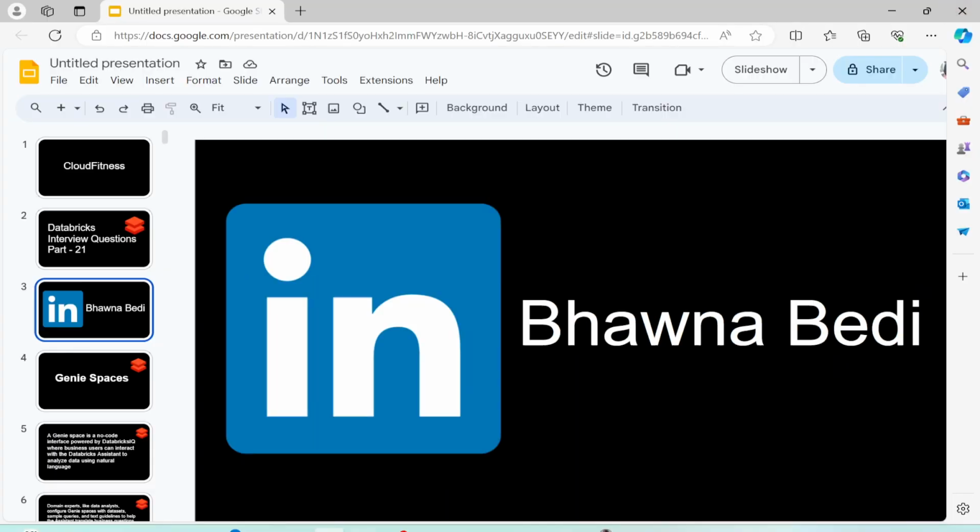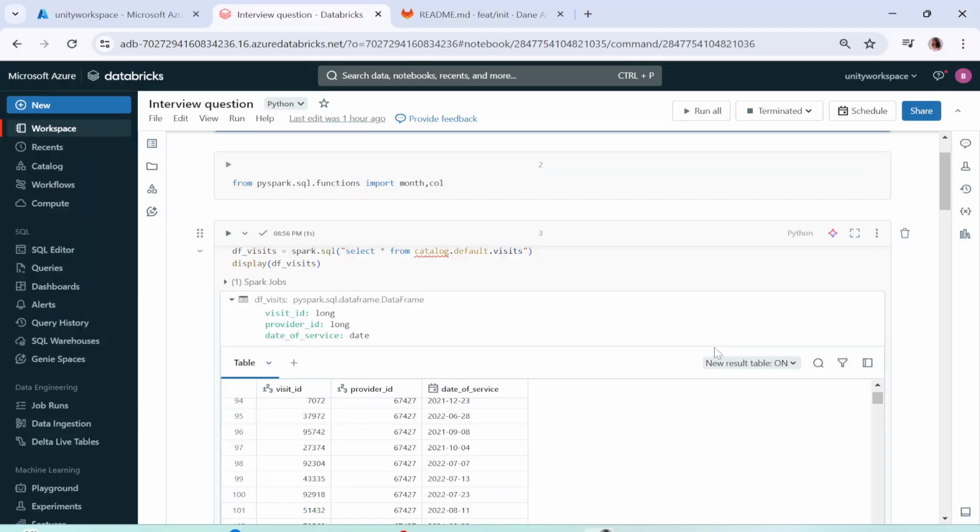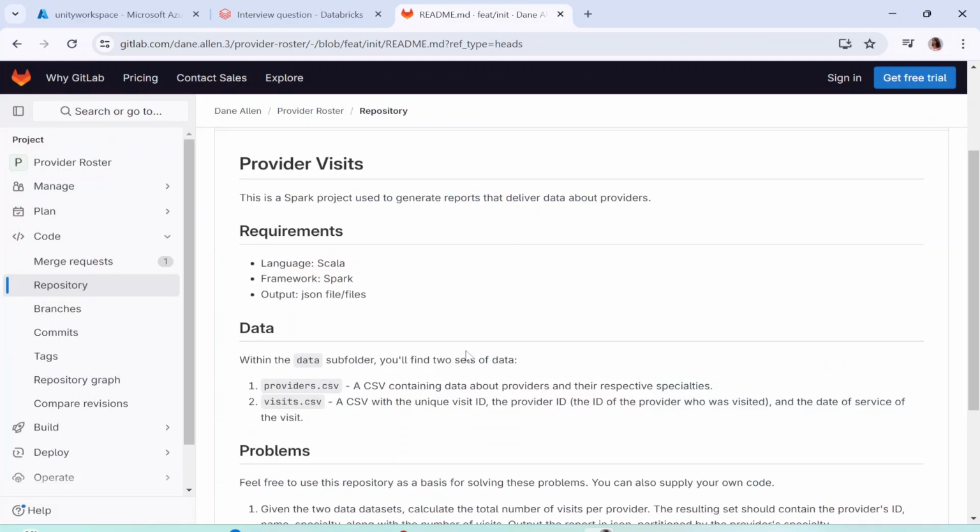So let's move ahead, and the question that we have for today. This is more of a coding question, which I feel is a very simple question, and this is something that we should be able to complete within 15 minutes. The question was provided to one of the candidates, who sent me this particular interview question. The candidate was provided this GitHub repository where the question was mentioned.